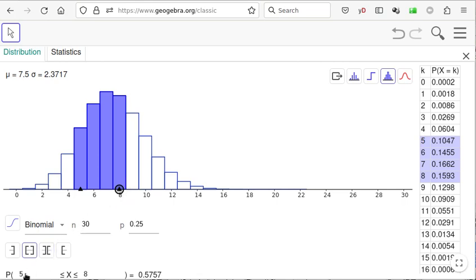So here we're interested in the probability that our random variable x is between 5 and 8. Here's 5 and 8. Those are shaded. Here are the probabilities of getting x equals 5, 6, 7, and 8. And here's their sum. Pointing out again the mean and the standard deviation,